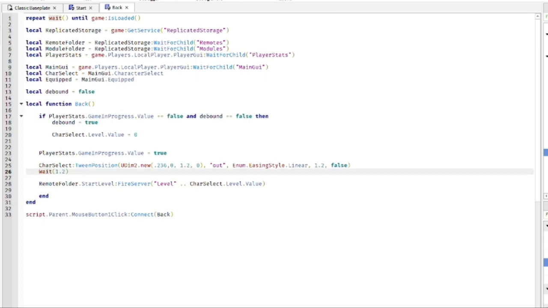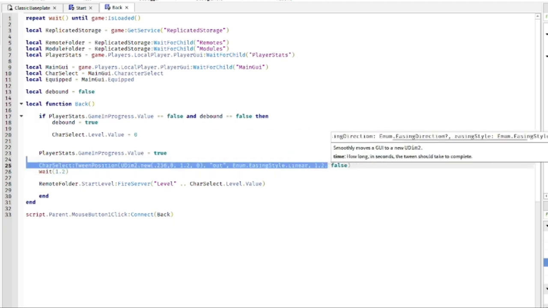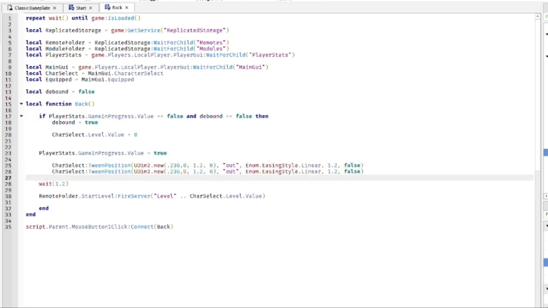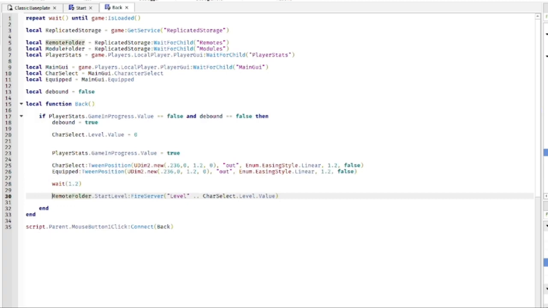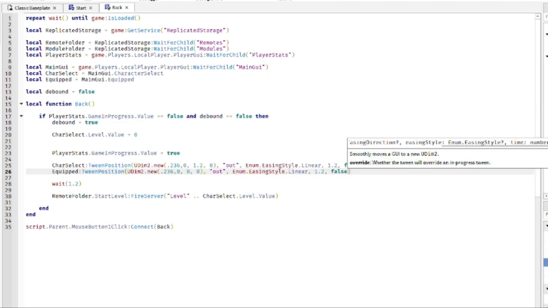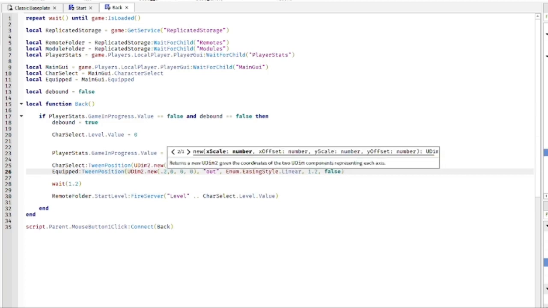So we're going to tween both these and then wait 1.2. So we're gonna tween the position for equipped, we're gonna do this to 0, and then this will be negative 0.5. Wait 1.2, and then